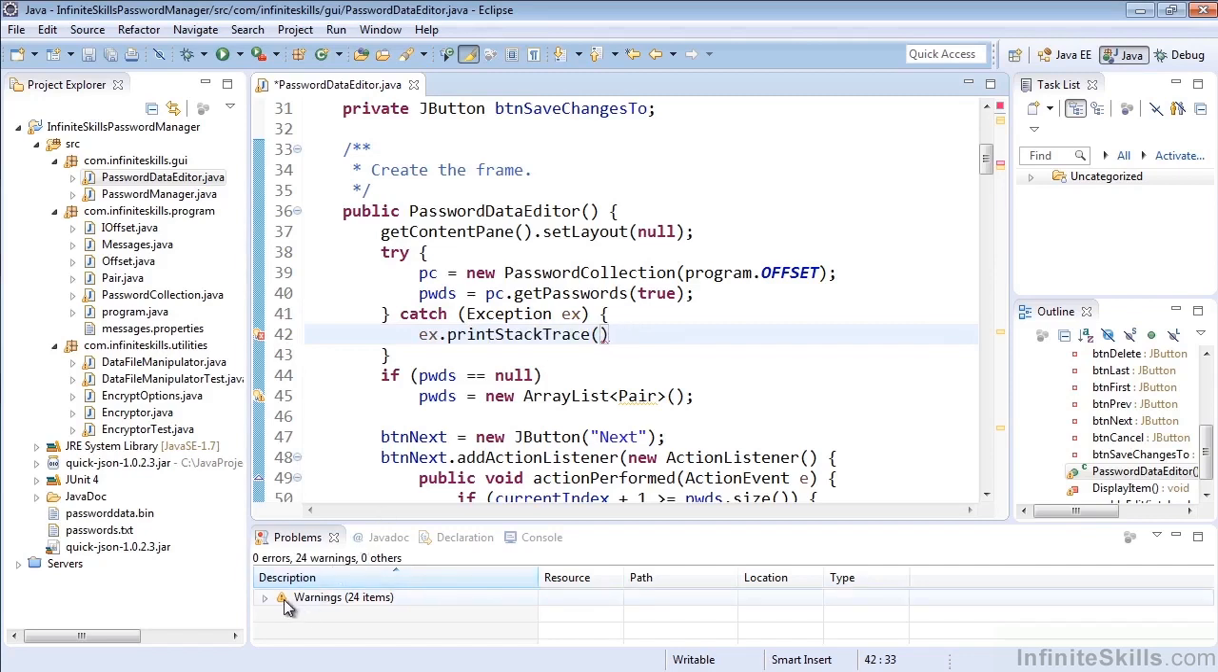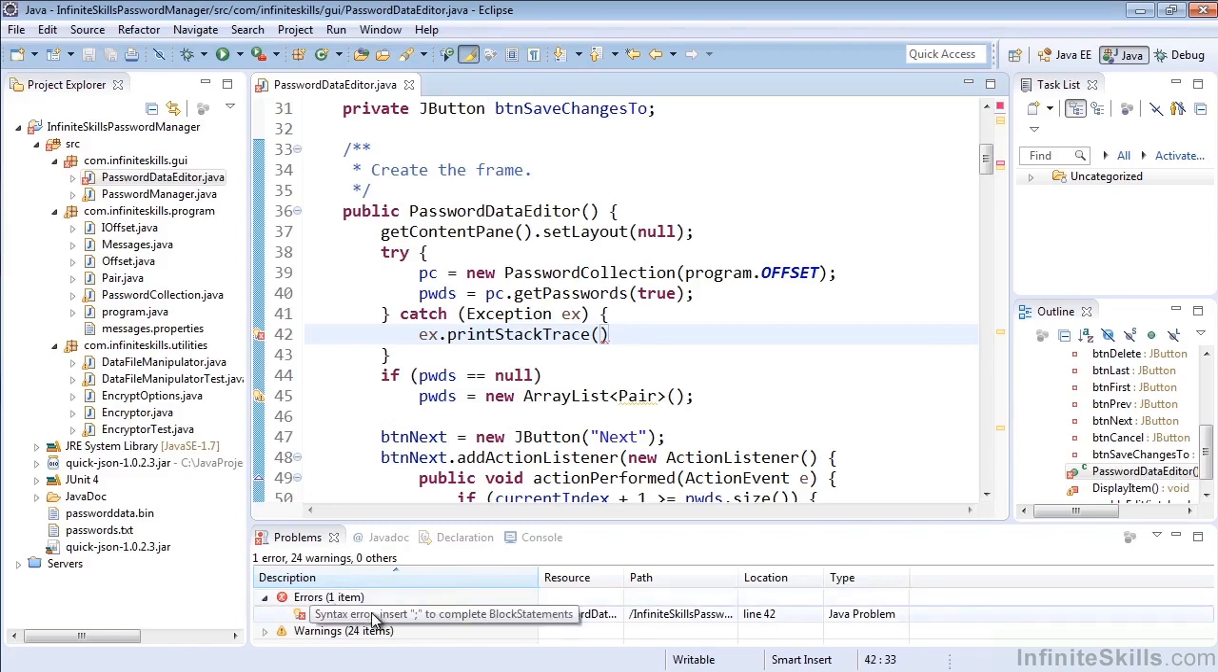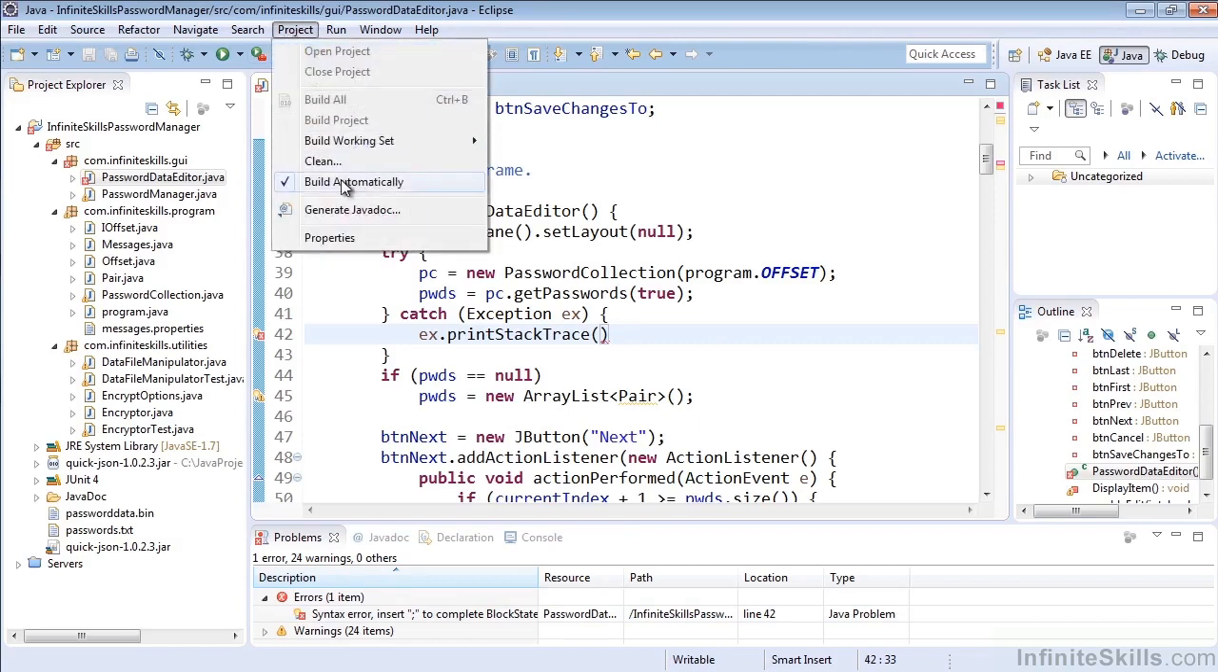But right now there's nothing happening down here until we hit save. Well, what's happening is this part down here is responding to the actual build. And the build is when we actually run the compiler and make the code into the classes that are used to execute the program. Well, if we look at our project menu, what we'll see is that build automatically is